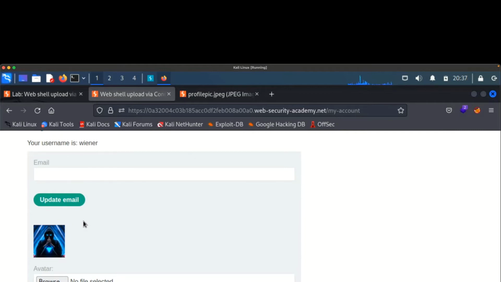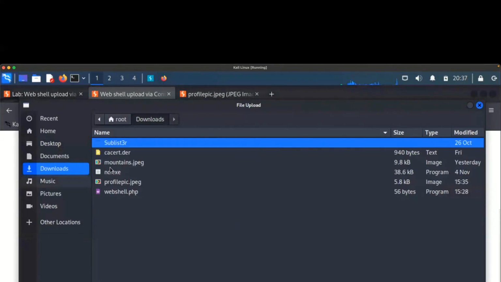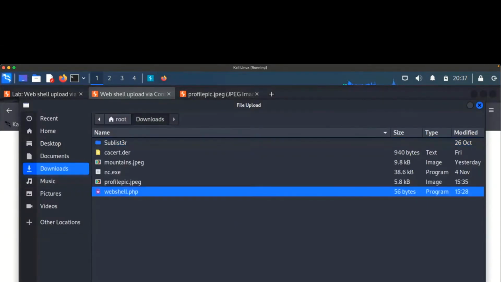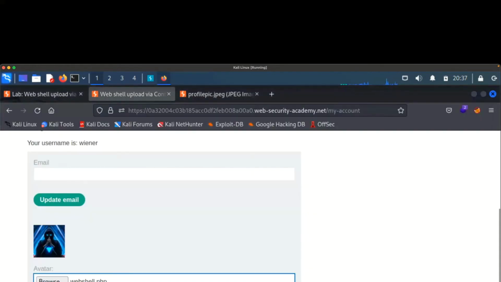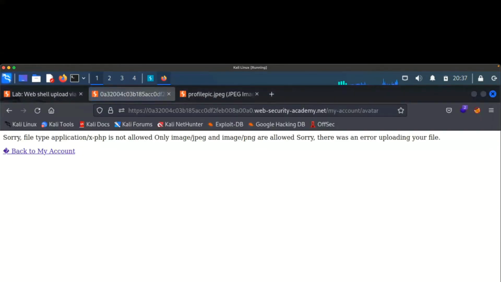So I'll try to upload my web shell to see if we can exploit this upload vulnerability. Okay, so I'll just click on browse. I have this one PHP shell already present. I'll just open it here and try to upload it. Okay, once I try to upload it, I can see